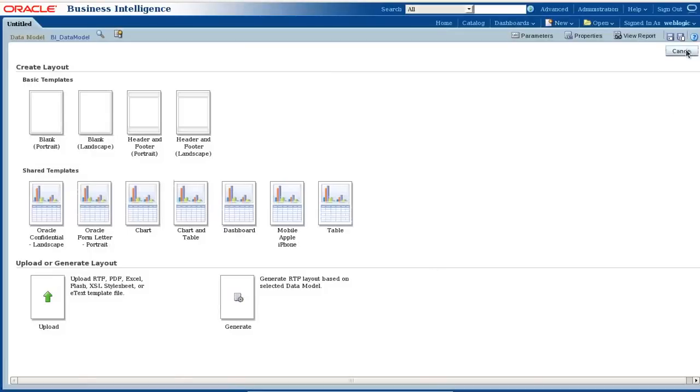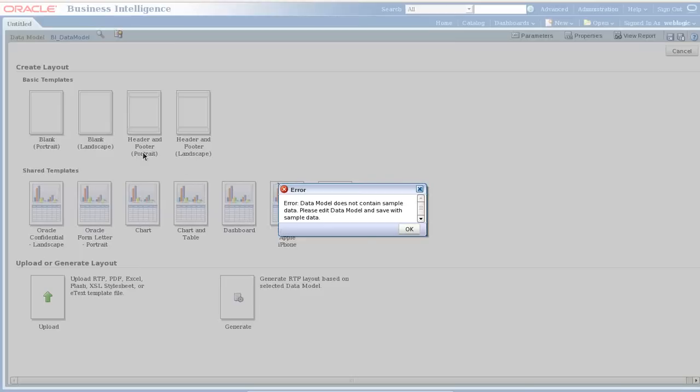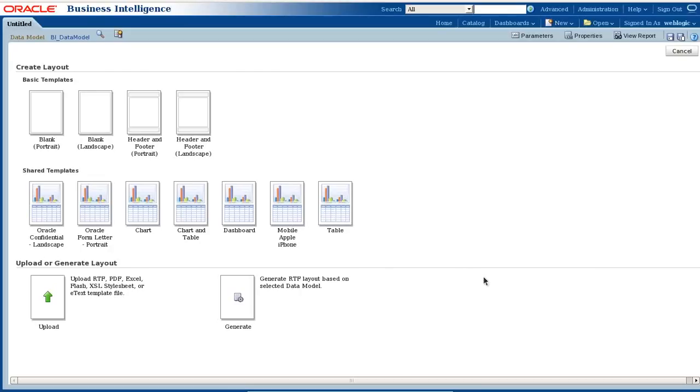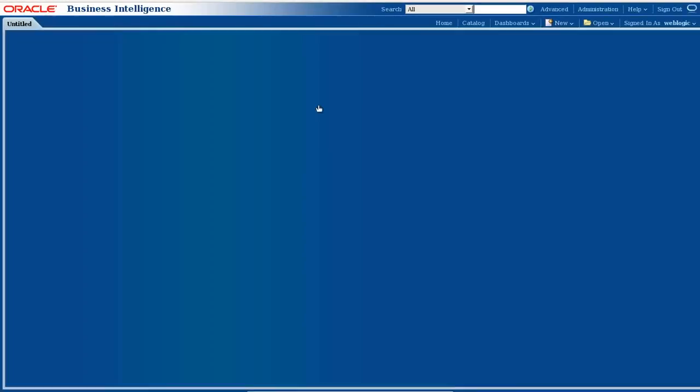Okay, I'm sorry, one thing got mistaken. You look at the error message. Each data model is supposed to have sample data, which I mistakenly skipped. Therefore, I'm unable to process. Now, why do you need sample data? In order to design the layout, in order to render the layout, every time you create a data model, you need to render